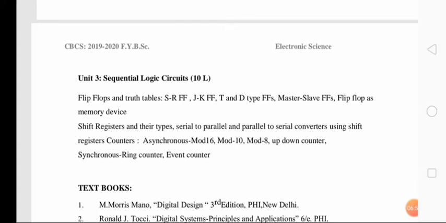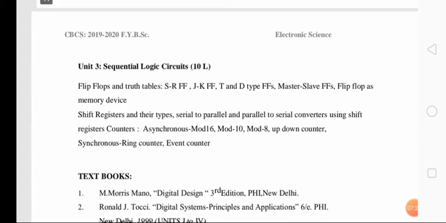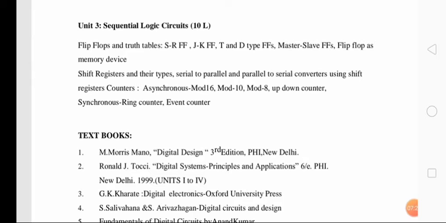Okay, so what is a shift register? That register can transfer 1 bit from one flip-flop into the next flip-flop, and that is known as a shift register. Next is counters. What is a counter? The device which counts is known as a counter. So such digital components and circuits you are going to study in unit 3. This is all about paper 1.